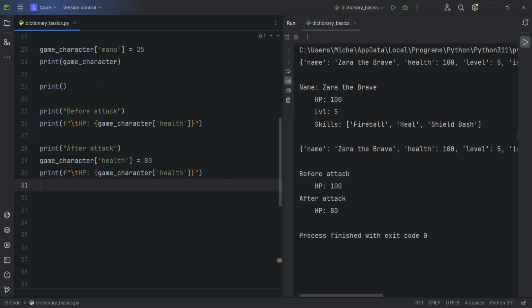So as you can see right here, I printed out the health of the character before the attack, which was 100. And then after the attack, I assigned a new value to the health key, and it was 80. So now when I printed out the health, I have HP that is 80. So to modify a value in a dictionary, you simply give the name of the dictionary with the key